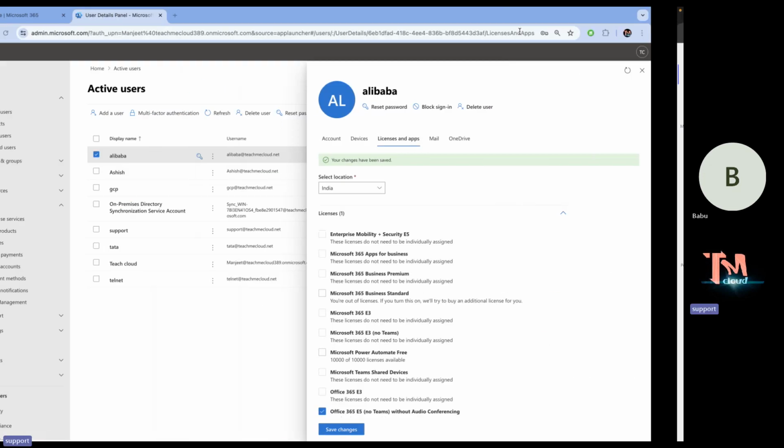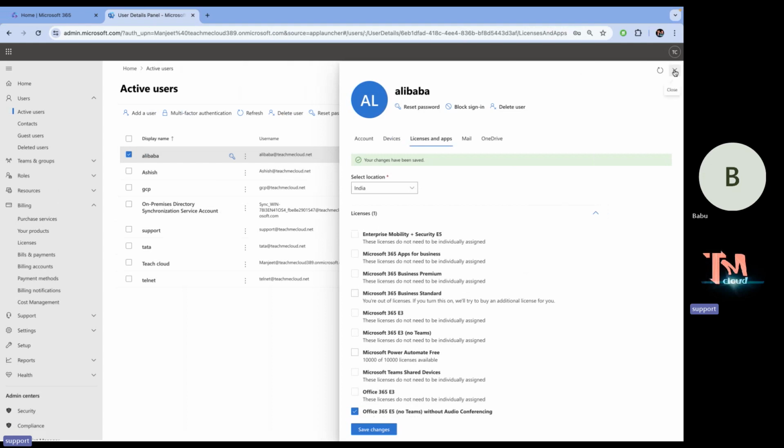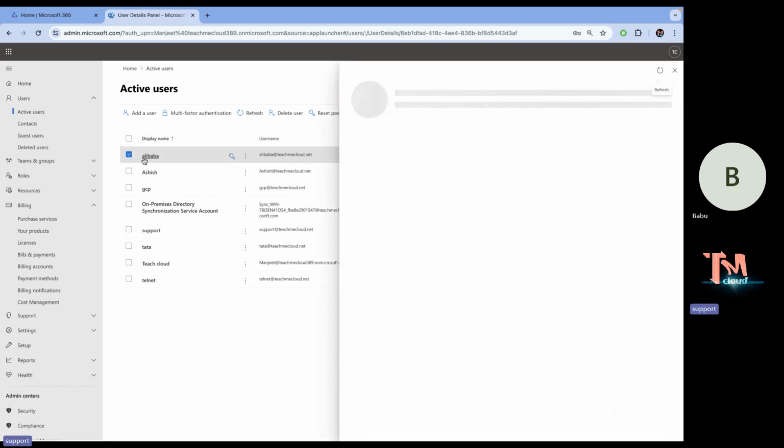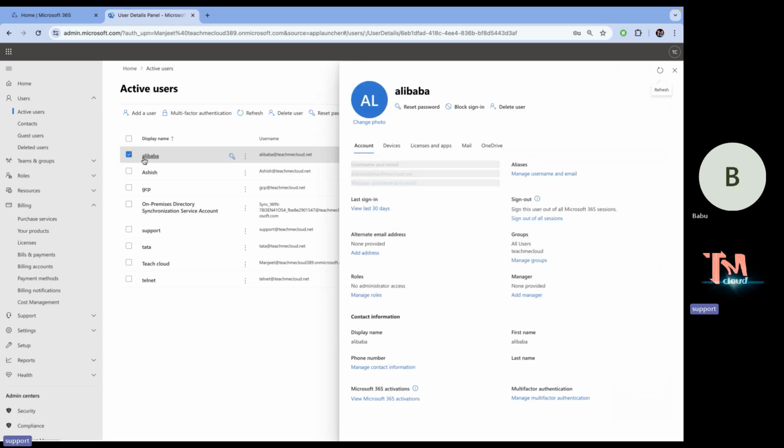Now back to the admin center and let's try to understand about the other features contained by the users. Because as a 365 admin, it's our responsibility. We must know about the use cases. We must know about the options which are available in our 365 user properties. Yes, open the Alibaba user we created, and once you open the Alibaba user, it will provide us